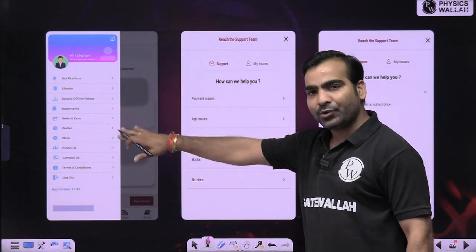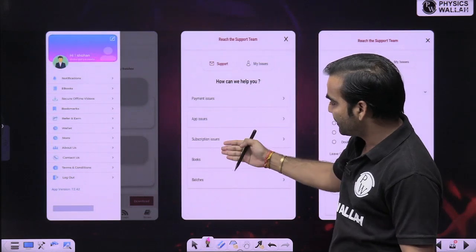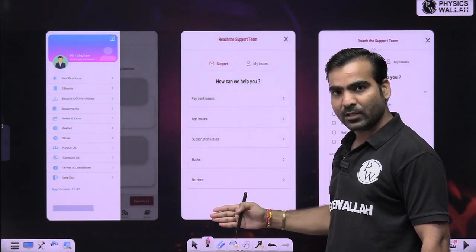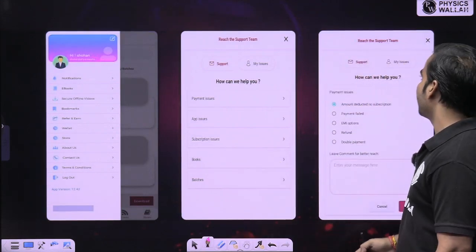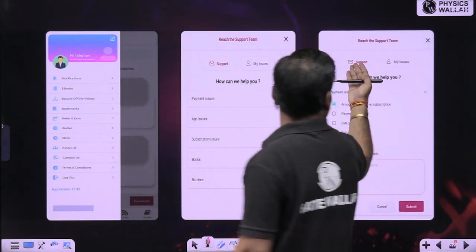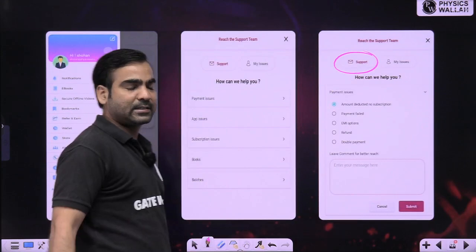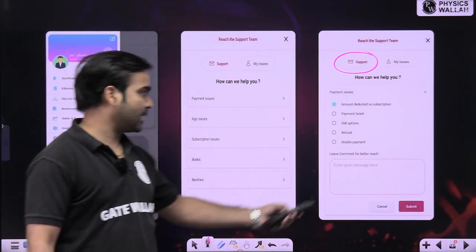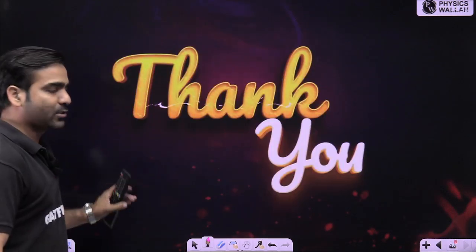Then you can continue like that and reach the support team. You will have payment issues, app issues, subscription issues, books issues, batch issues. For example, if my books are delayed, you can write in the books section. Reach the support team, so you can write an email. This is the email notation, where you can write to the support team, or directly write about it over here, and then submit. So this is all about the Parakram 2.0 GATE 2027 Batch D for electronics and